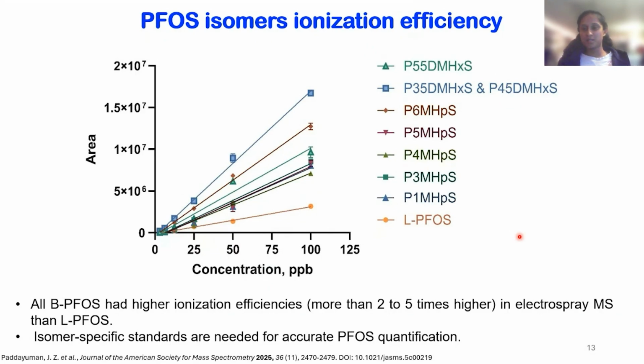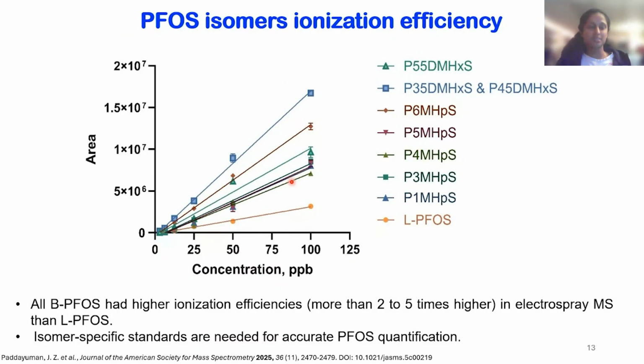Are we overestimating or are we underestimating? So we wanted to see how each of these isomers ionized in the mass spec. So you can clearly see the linear one had the lowest relative ionization efficiency of the others. So we are actually overestimating if you're using the linear PFOS calibration curve or isotope dilution to do the